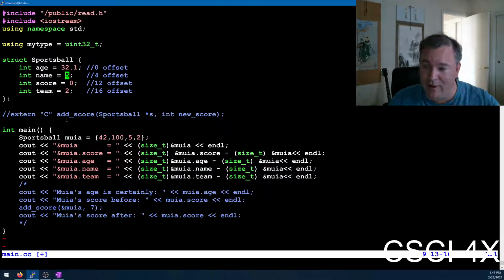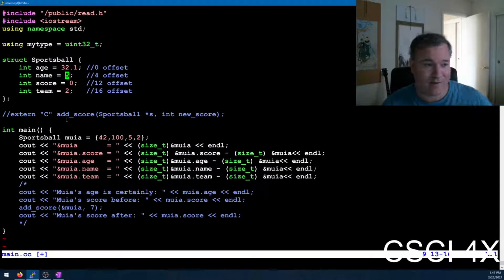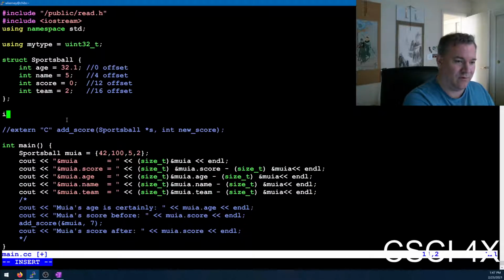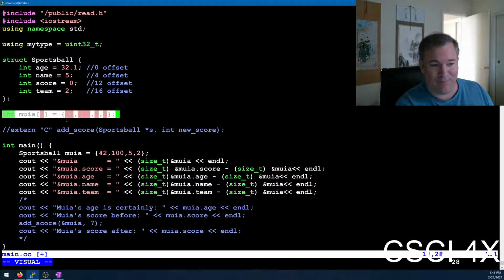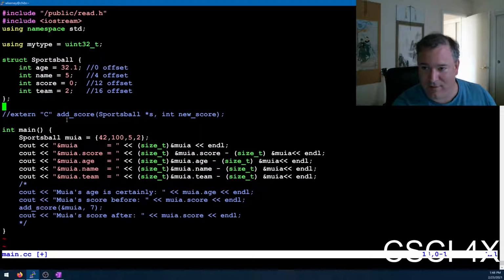What if we have a heterogeneous class though, where heterogeneous means not everything's the same type? Right now, this is exactly the same. I could actually just make an integer array named Muya of size 4 and set it equal to 42, 100, 5, and 2. If you pass that to this function, it would work literally the same way as this class right here. Like this to assembly is exactly the same as this. Do you guys understand? Now it gets tricky though when you have a heterogeneous array, which means you've got